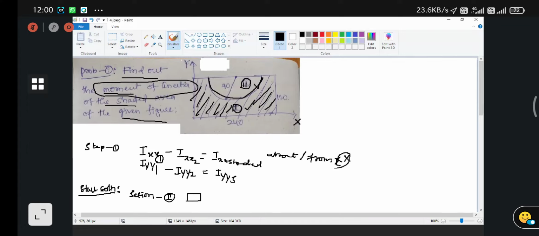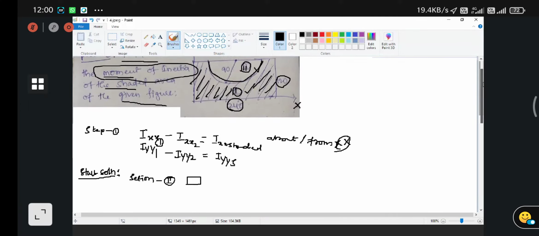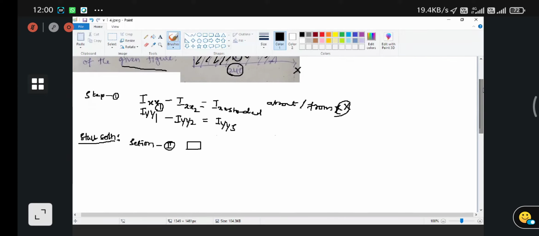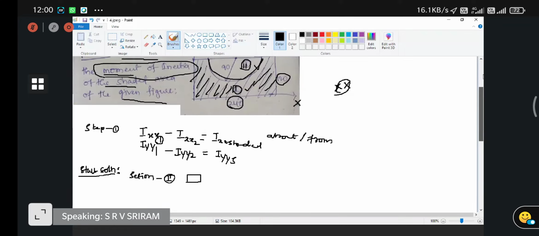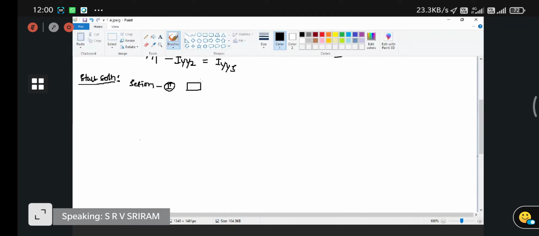So first of all, I will find out the base moment of inertia for this full rectangle with sides of 240 and 120. If you clearly observe, 240 by 120 is your area. So we know that for this particular rectangle section,